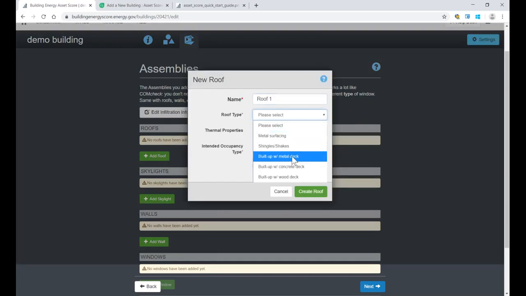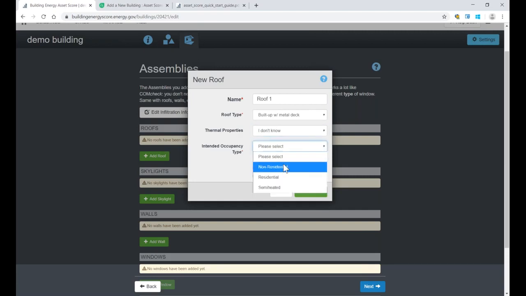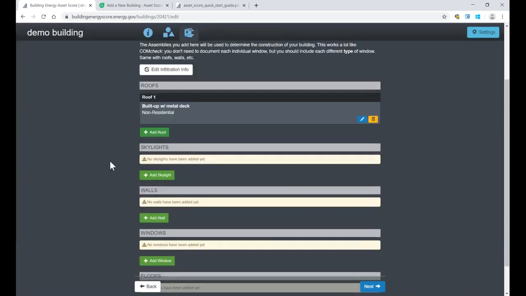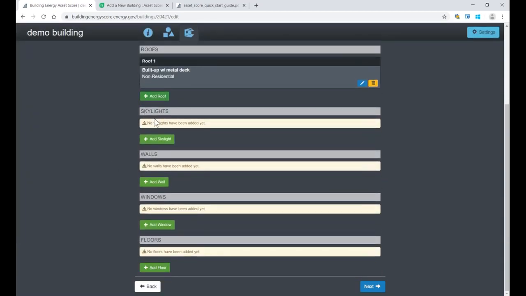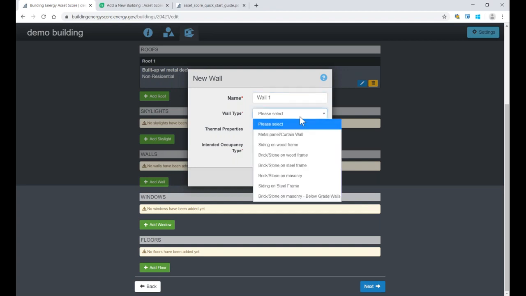Okay, so let's go ahead and add our roof by selecting Add Roof. Maybe it's a metal building, built up with metal deck. If you happen to know what the thermal properties are, you can enter them here: R value, insulation, U value. But maybe we don't know what those are, so we're going to leave it as I don't know. You'll need to select an occupancy type in that case, in which case this is a non-residential building. And we've now created a roof. Skylights are optional, but if you happen to have some present, you can enter those. We're going to bypass that and just add walls